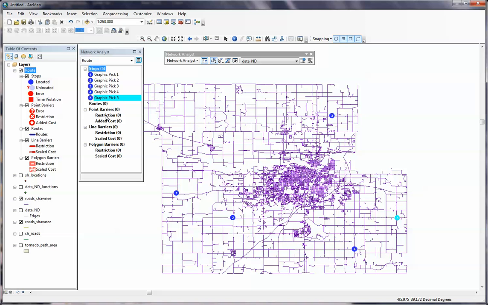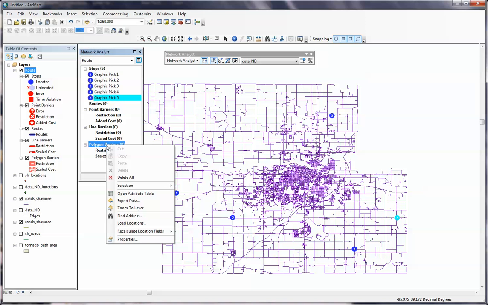So in the Network Analyst window, you're going to see that there is the option here for polygon barriers. I'm going to right-click on polygon barriers. Now, for your purposes, if it is point or line, just please be aware of the nature of the GIS data, and that's where you'd go and do the same thing that I would be doing here for polygon barriers. I right-click on polygon barriers, and I load locations. So I go to Load Locations,